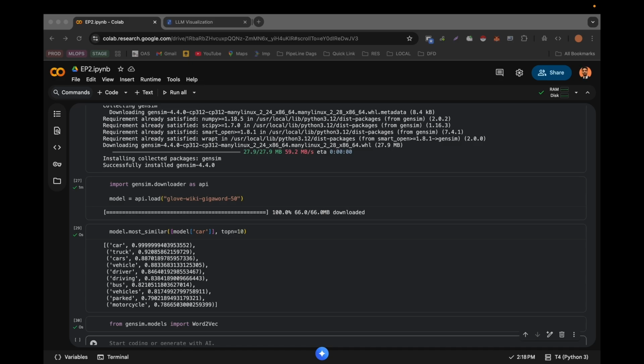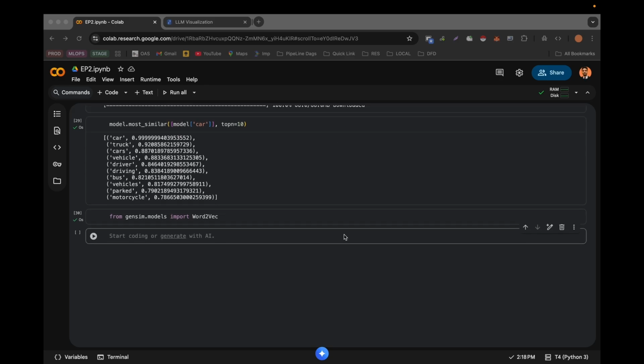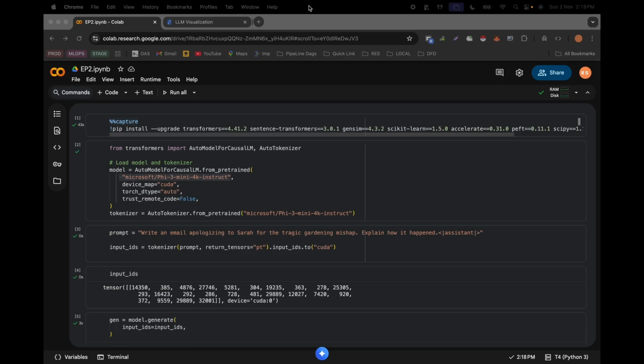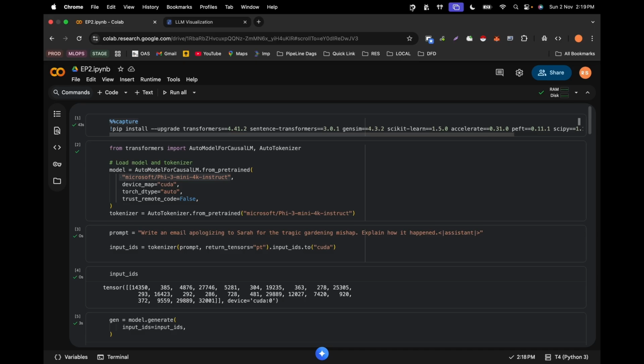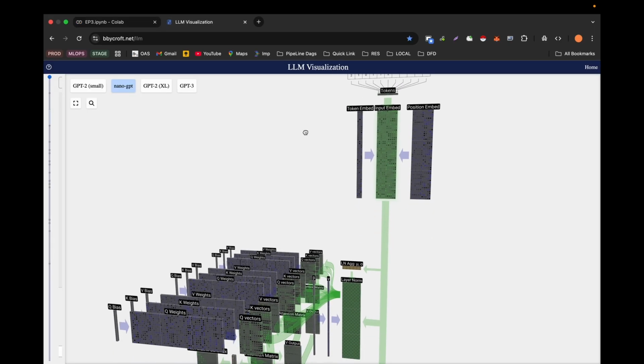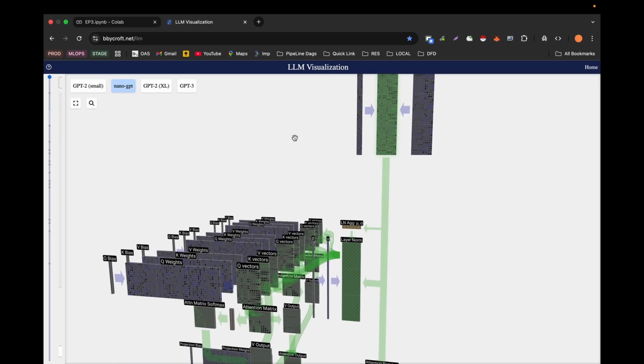So in the next video, we are going to see the input and output of a trained transformer model, their architecture, how you can see what layers they are using, and the decoding methods, probabilistic distribution, sampling, decoding, and a lot more. And one of the most important things is the key value caching for faster generation. So thank you for watching this session on embedding, and now let's dive deeper into the architecture of the transformer